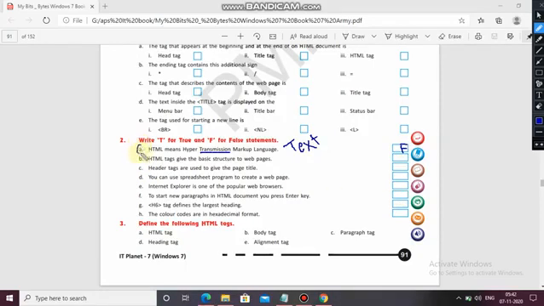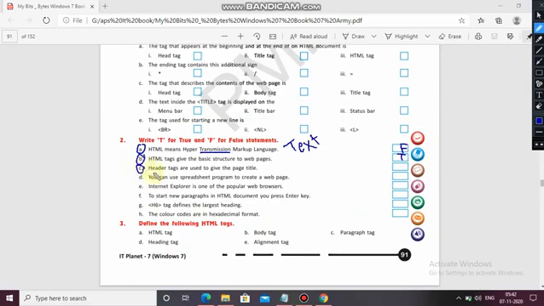First one is false. Now second, HTML tags give the basic structure to the web pages. Yes, it's true. HTML tags give the basic structure to our web pages. C. Header tags are used to give the page title.